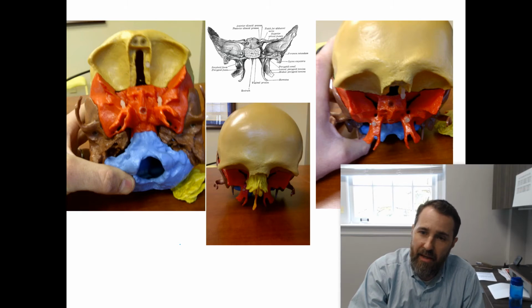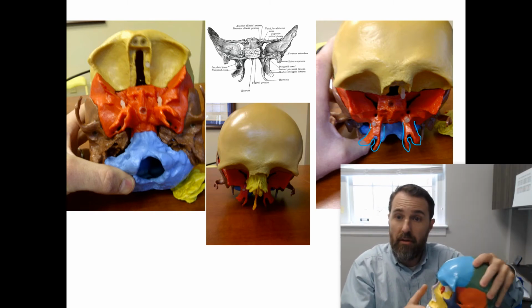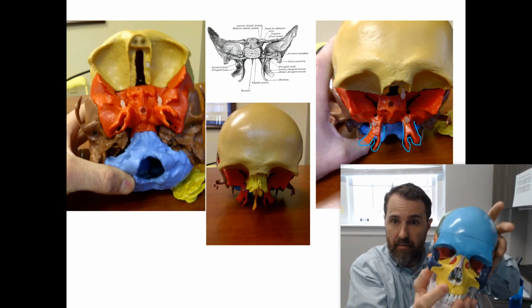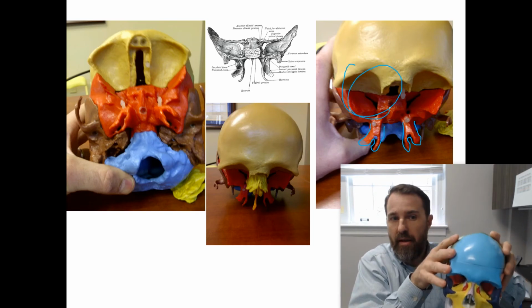And projecting inferiorly, you can see that the sphenoid has these two little guys right here. It looks like he has feet. Those are the pterygoid processes. So if we took the skull that you're looking at in this image right here, and we tilted